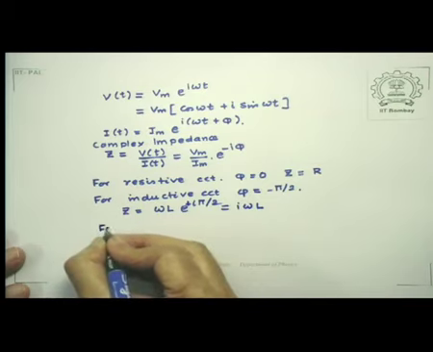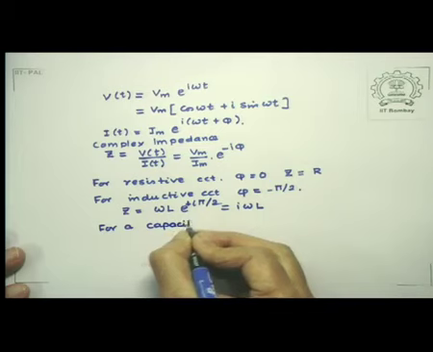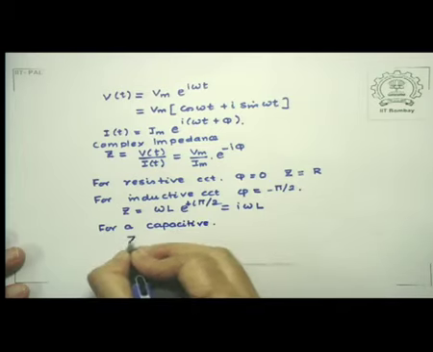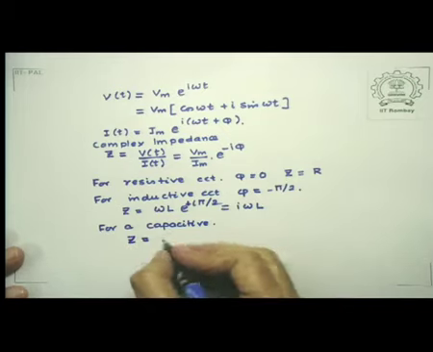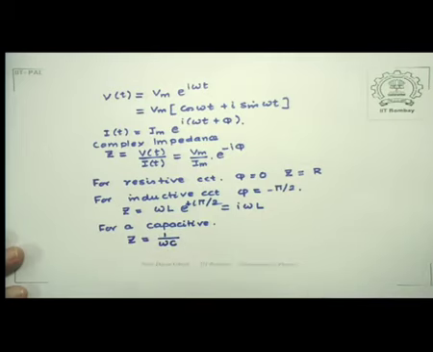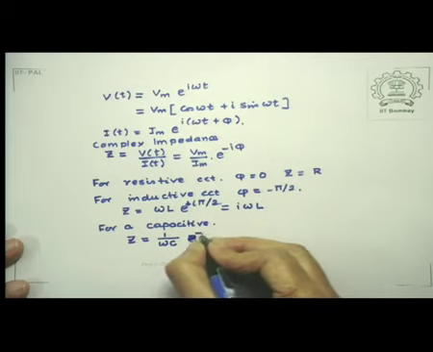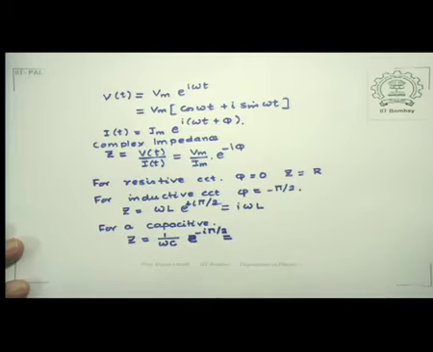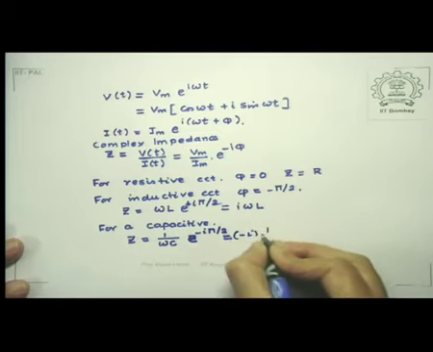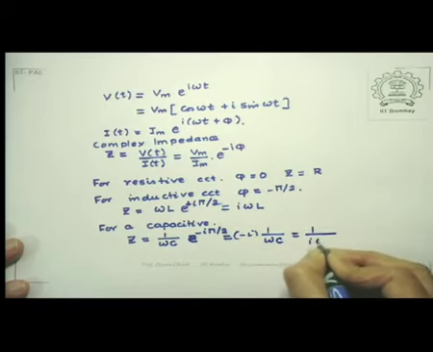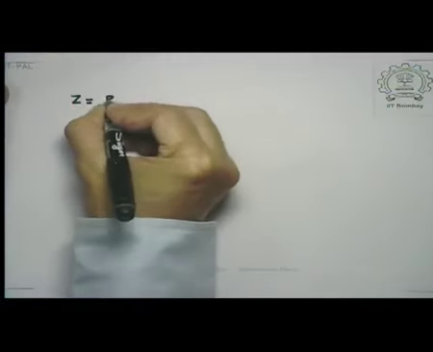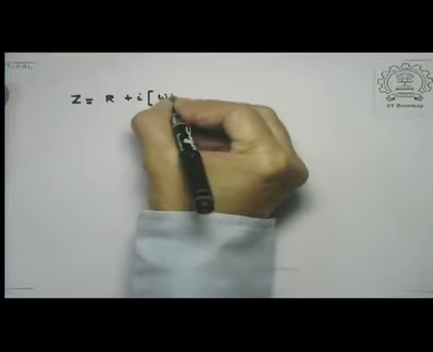Likewise, for a capacitive circuit, we have seen that Vm by Im is 1 over omega C, but this time it is e to the power minus i pi by 2. So this is just equal to minus i times 1 over omega C. Alternatively, it's also written as 1 over i omega C. So if I have R, L and C, all of them in series in a circuit, then I define my complex impedance as Z equal to R plus i times (omega L minus 1 over omega C),